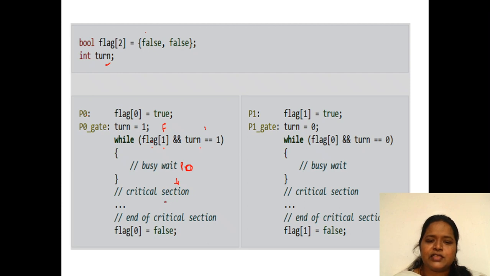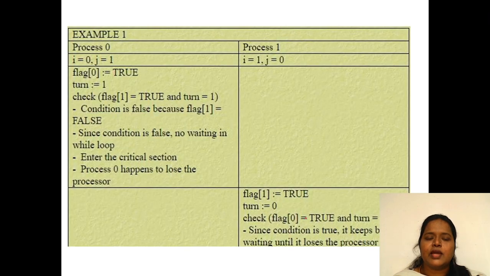Then after executing the critical section, it is going to make the flag false. Initially here the flag of 0 is false and turn is equal to 0. So here which process will enter into the critical section? P1 process will enter into the critical section, and after executing the code, P1 will come out and set the flag to false. This is how we are going to make only one process execute.